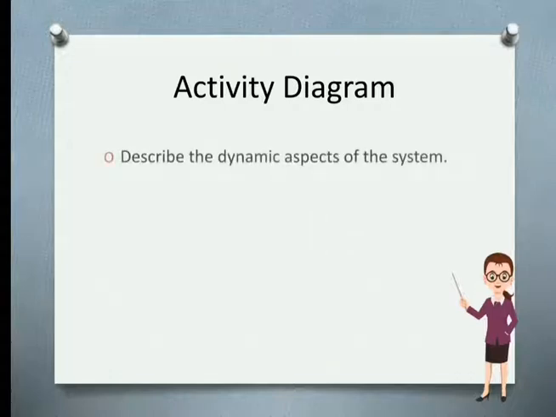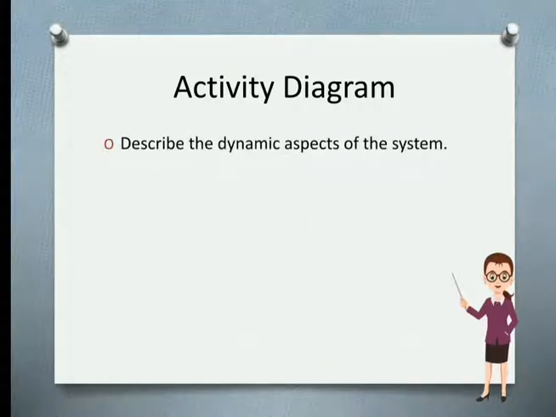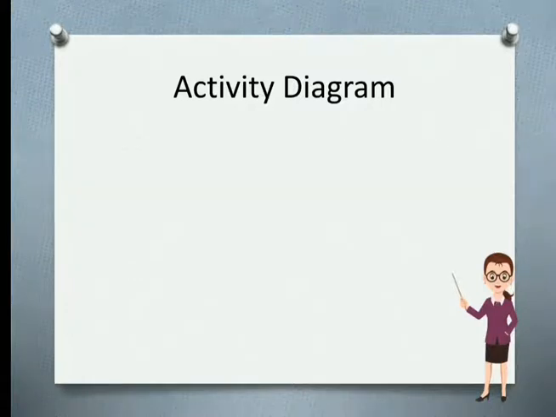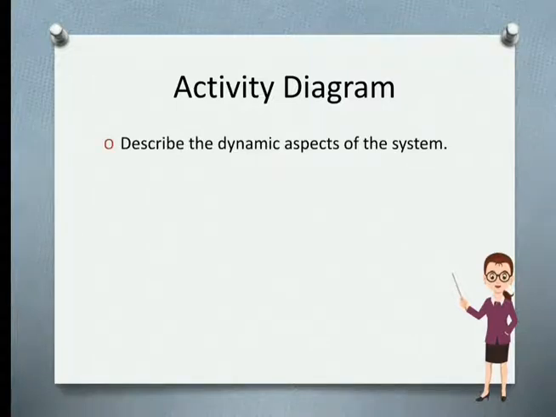Activity diagram is similar to your flow chart, in which the flow of control from activity to activity is shown. The difference between an activity diagram and a traditional flow chart is that concurrency as well as branches of control you cannot show in a flowchart, whereas it is possible in your activity diagram.